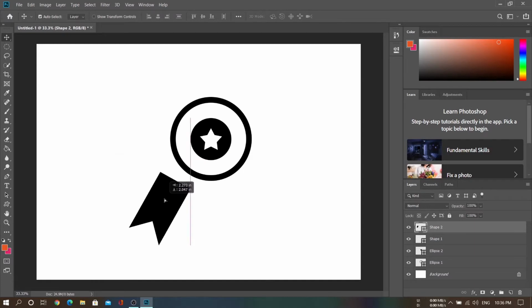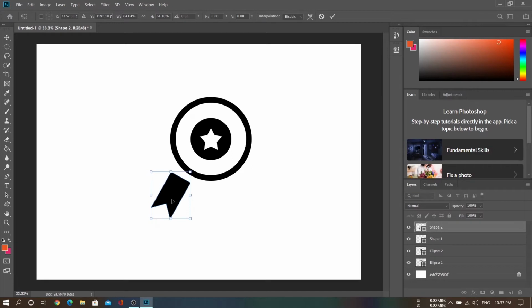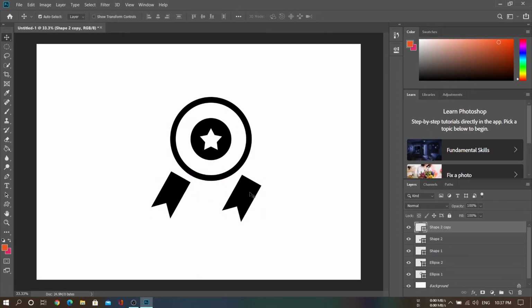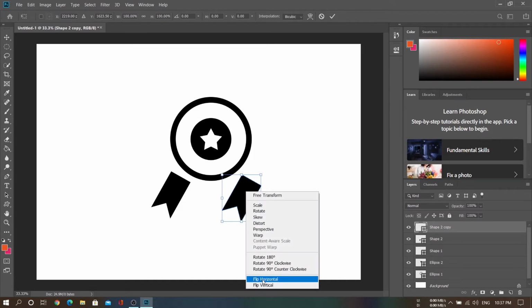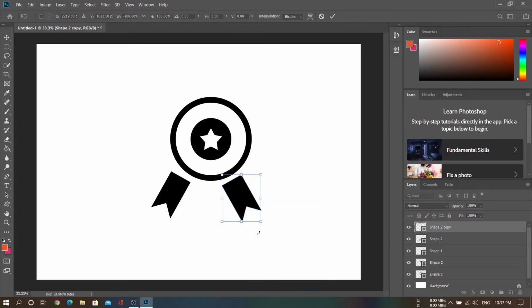So now we are just going here, scaling down the shape. Now if you want to make a duplicate of this shape, we are just going to hold down Alt, and then we simply make the duplicate of this shape. Now we are going to select this shape via the move tool by pressing V. We have made the selection of this shape. We are again going to transform this by right clicking. We are going to select flip horizontal. So now we have created just the mirror image of this. Now we are going to align.